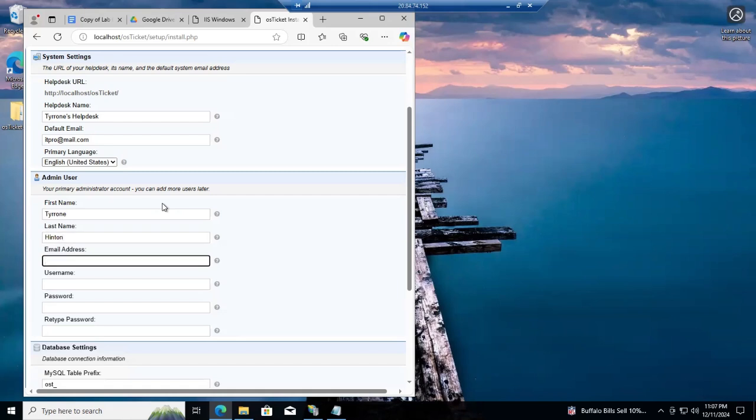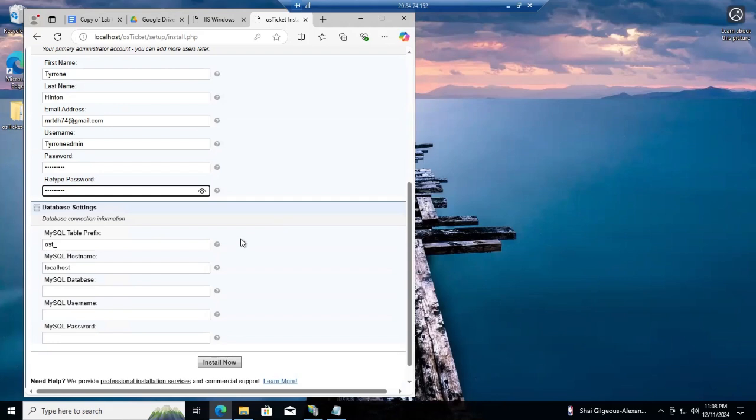The email address for me is Mr. TDH74 at gmail.com. Username TYRONEADMIN. Password 1, and password 1. Now that I have those credentials set in place, the next thing